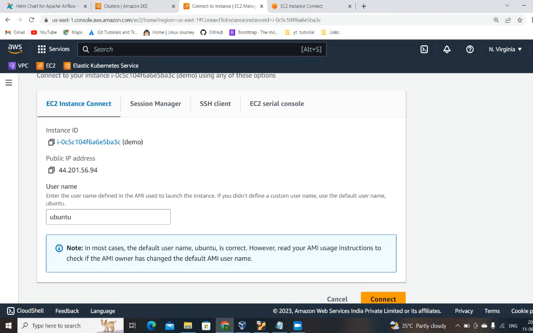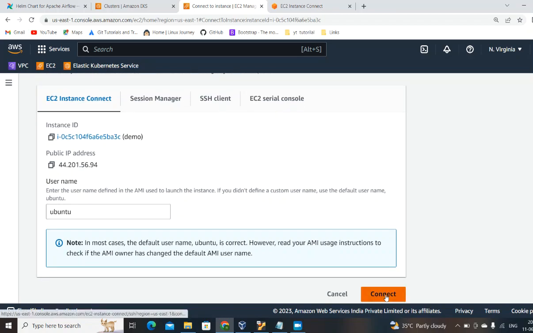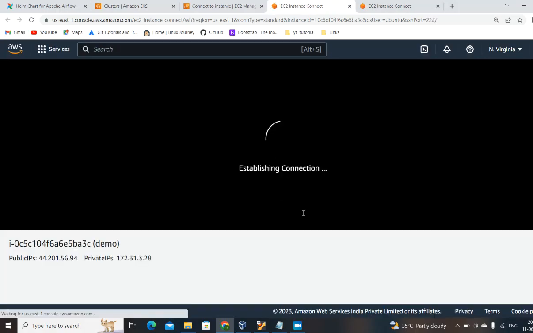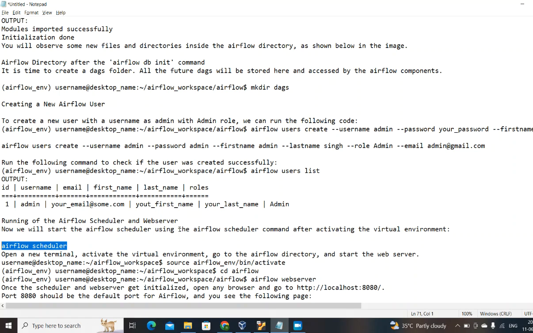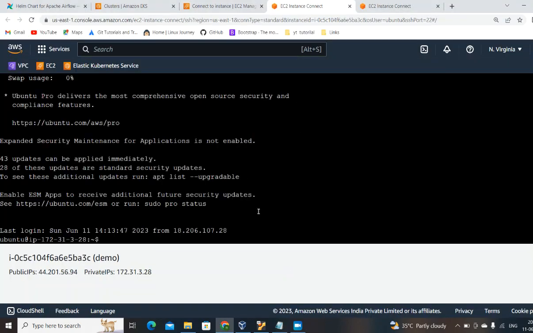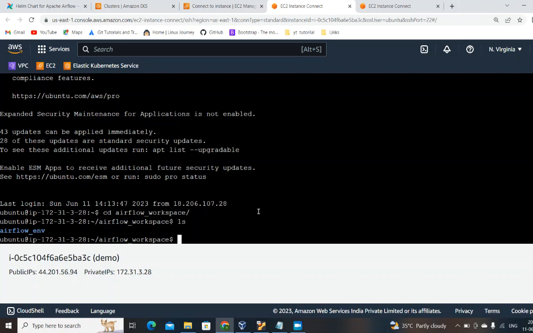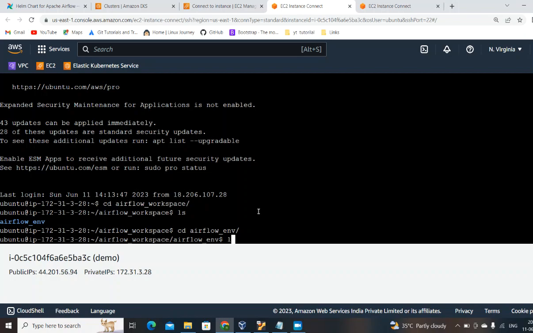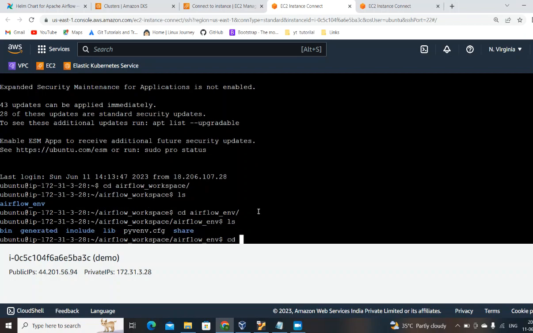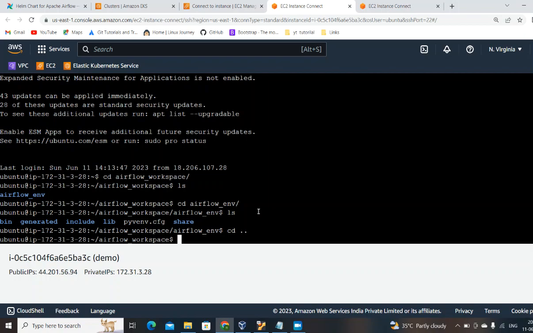I just open a new terminal from where I can, I need to initialize this again. We have the Airflow workspace. I think we have to go back, and